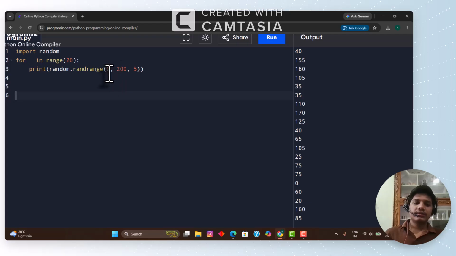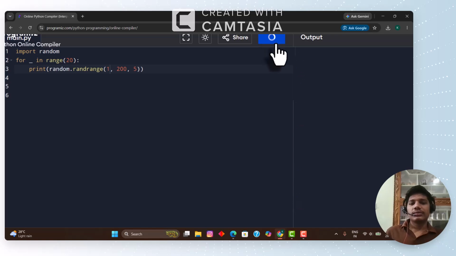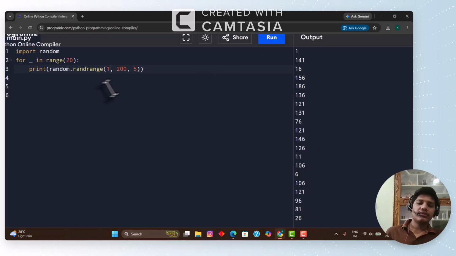For example, if you add 1 here, then the last digit of every number we get here will be either 1 or 6, like that. So these are all which we will get from here. If our range was 20, and you take not 20 but 21,